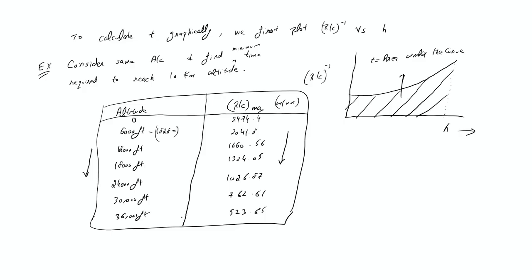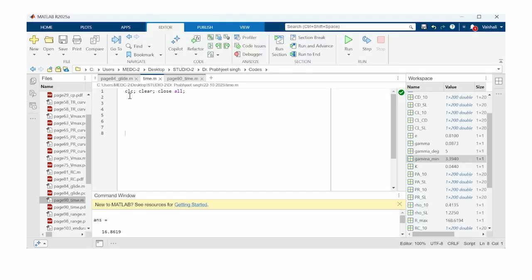Alright. Now we'll be plotting this in MATLAB. Okay. Now let us switch back to MATLAB. Now let us write the code that we have been discussing till now for time to climb. So let me begin with the discrete data that we have used, that is, the altitude in meters. Let me write here h equals, so 2474, the values that I have written earlier. So I'm forming a vector over here, 2041.85,